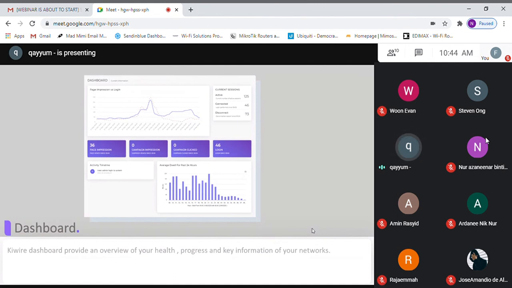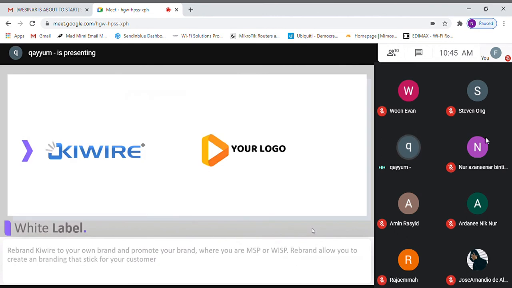If you have advertisements, you can also view how many times people viewed your advertisement, and then the average dwell time of your users. So a simple summarization of the overall Kiwire system. Okay, so you have the dashboard, and also you can change Kiwire into your own